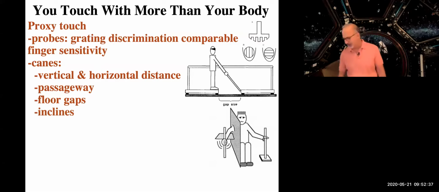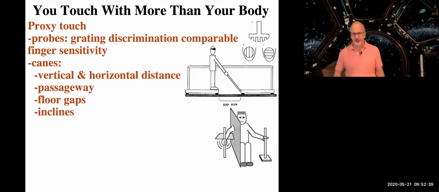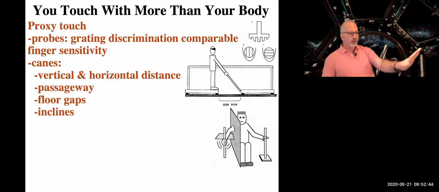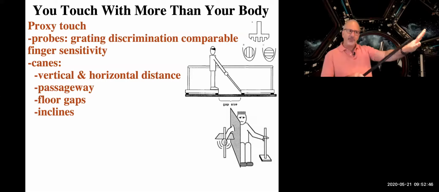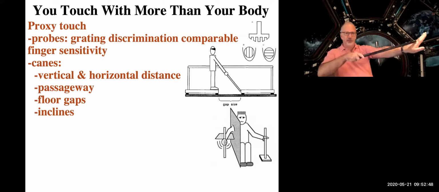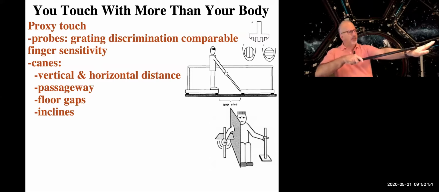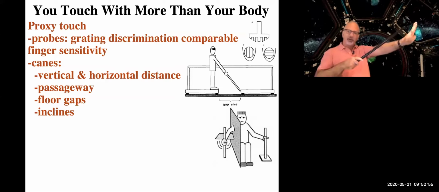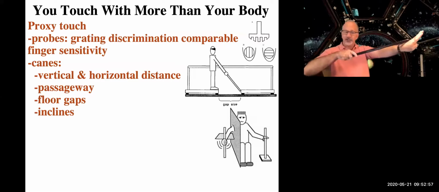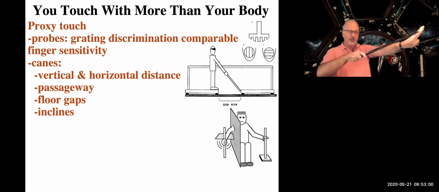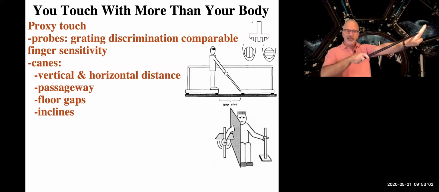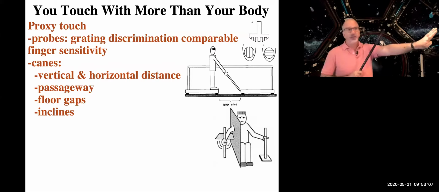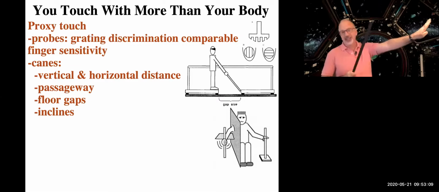And then the last thing is inclines, and this is another kind of similar experiment where people are blindfolded. They come up to a ramp and they feel the ramp with their cane. Okay, they feel the ramp with their cane, and they're asked, "Is this a ramp that you think you could climb up without falling back, or how about this one?" And they're not able to see it. They're just touching it with their canes. They're going back and forth for a few seconds with their canes, and they are very precise relative to their own body dimensions. What I could traverse up, in this case, I might be better than Shaq.